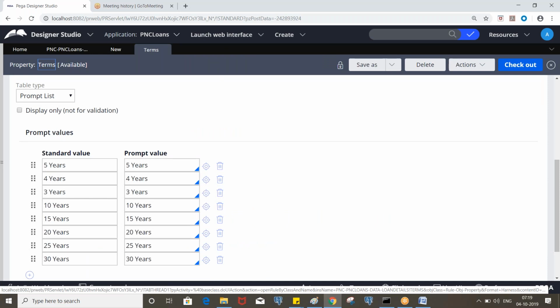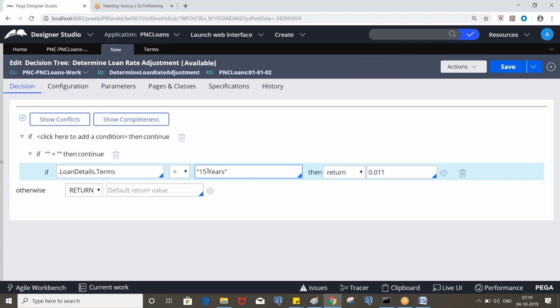Yeah, so we have space, right? So we need to put it like this. In order to avoid this, we can define the properties and select the values from that. I will tell you later.